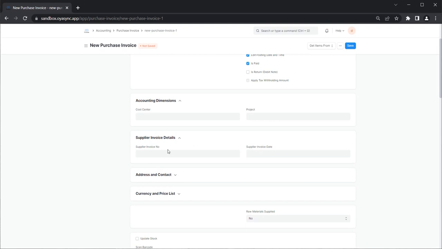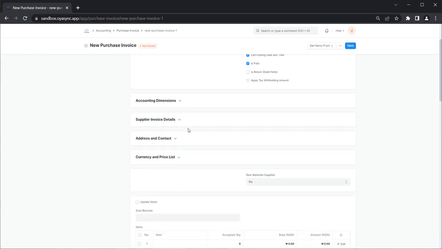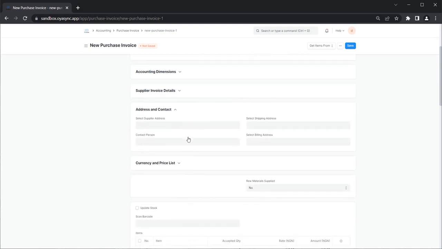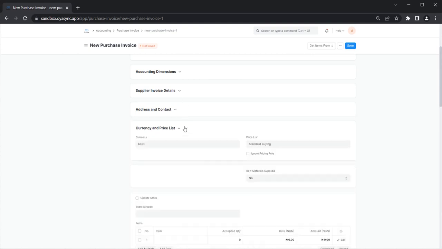Then supplier invoice details. If you have a supplier invoice number, you can always specify here, and the supplier invoice date you can specify as well. Then address and contact. If you have the supplier's address, the contact person, the shipping address, this billing address, all of that. Then currency and price list shows